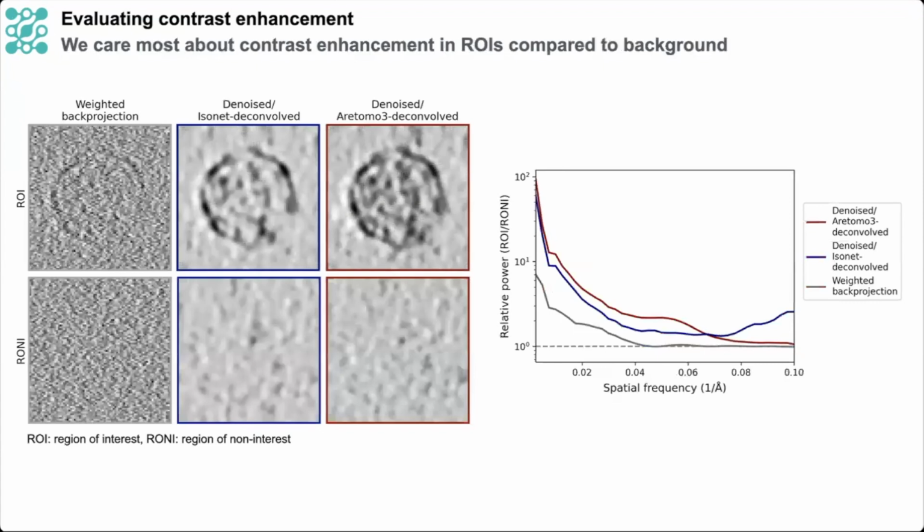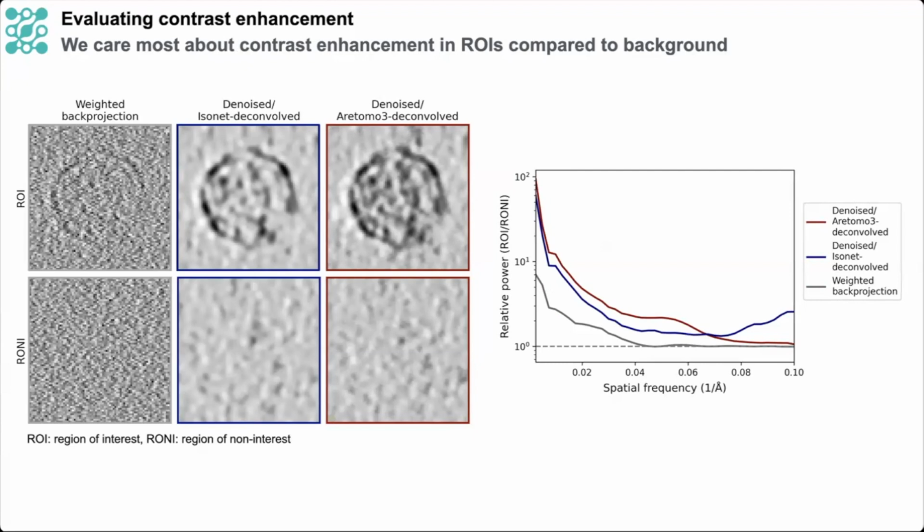For a more robust analysis of local contrast, we leveraged another data set in which we had already thoroughly identified many regions of interest, including an extensive set of virus-like particles, an example of which is shown in this upper panel on the left here. This enabled us to easily identify an equivalent number of background regions based on the local intensity statistics of these tomograms, and an example is shown in this lower panel on the left.